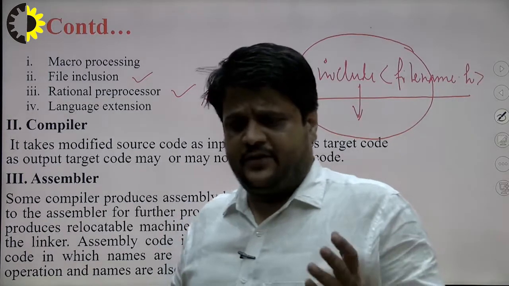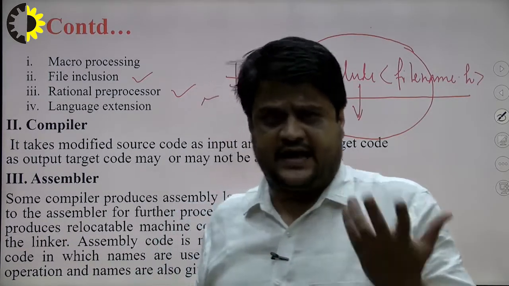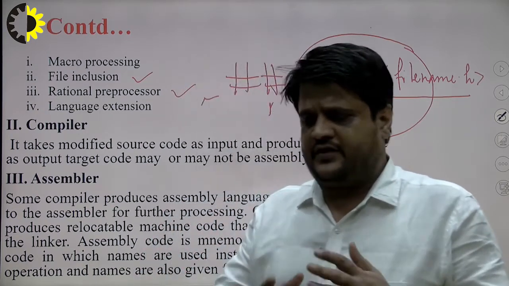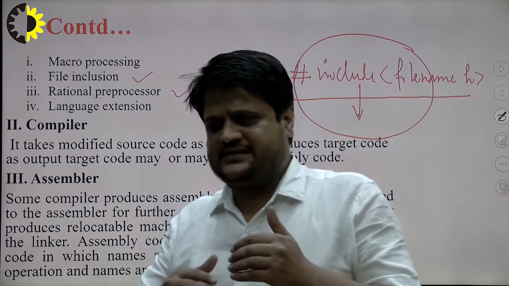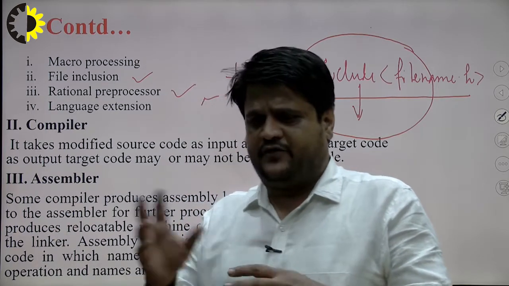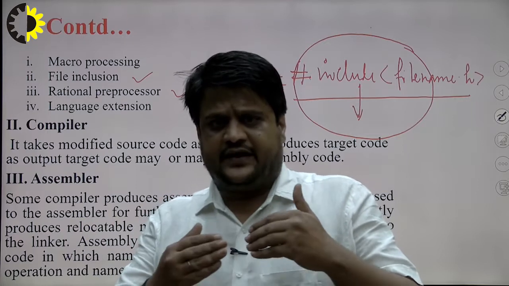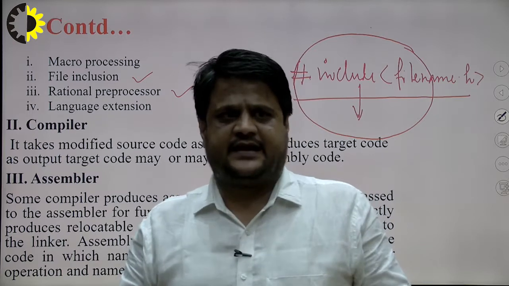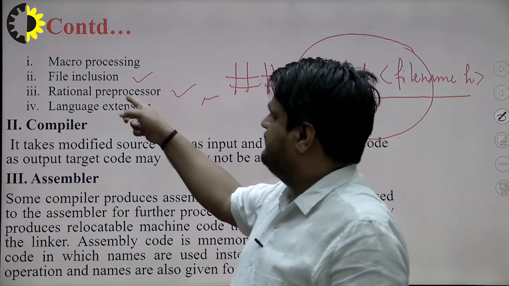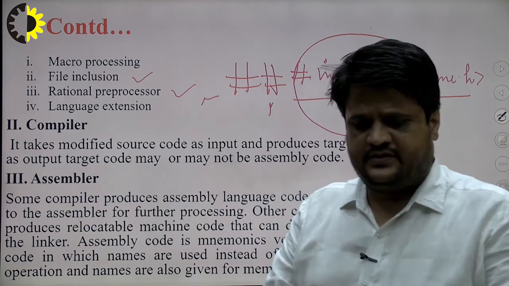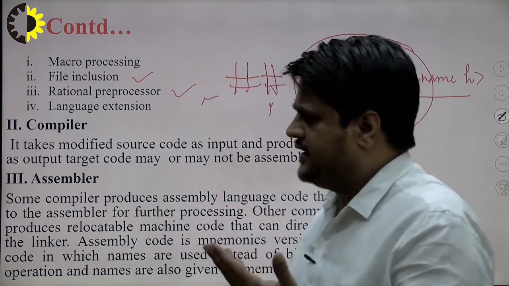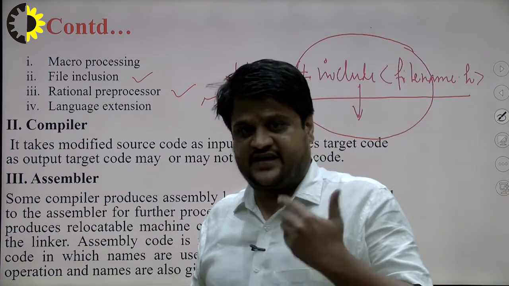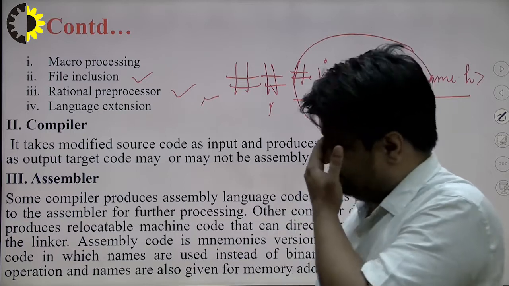So what happens whenever we write something with the double hash? The C compiler confirms it is a call for the database, so it will place a call to database routines to perform a certain query. So when we want to interact with the database through C, the extension can be provided by the help of a preprocessor in terms of a relational preprocessor, right? After that, another capability of the preprocessor is language extension. Various features of the language can be extended by the help of preprocessor directives.